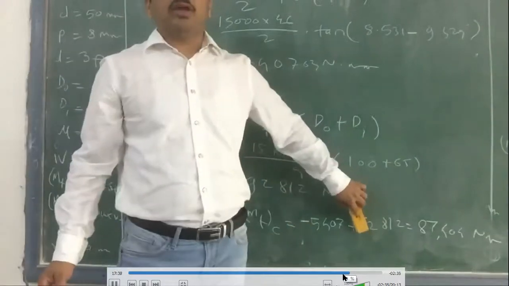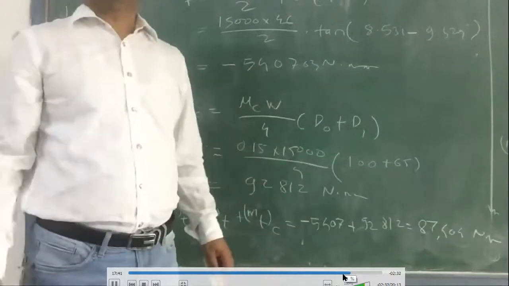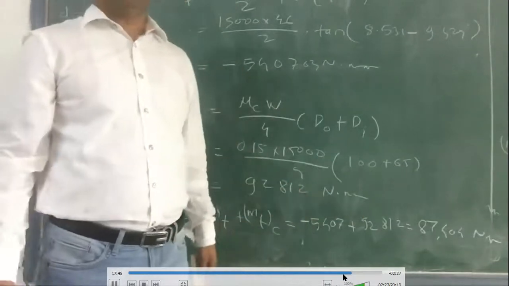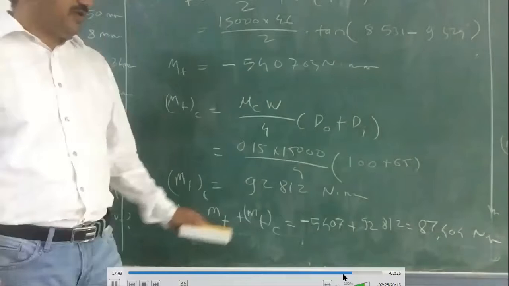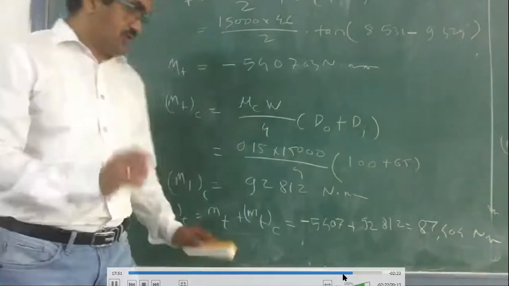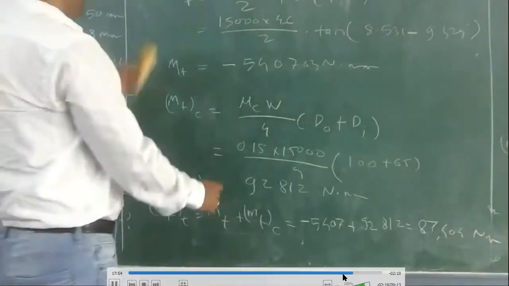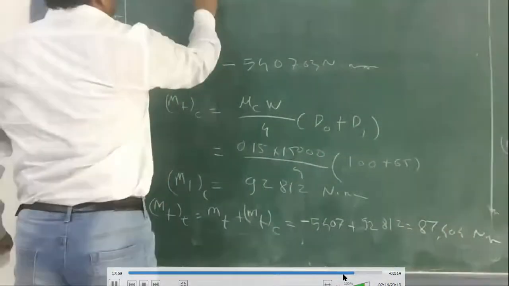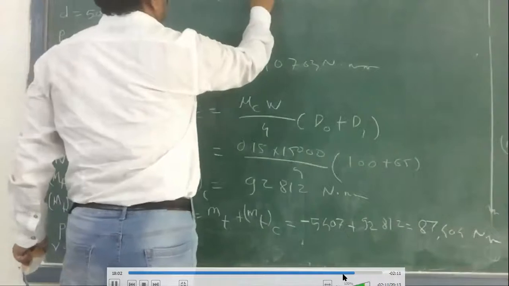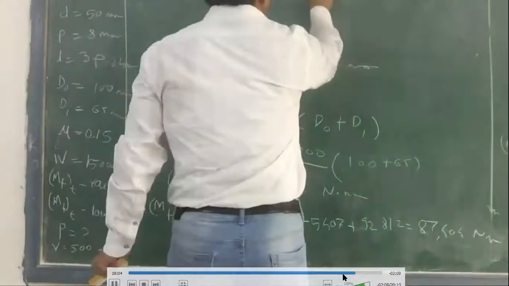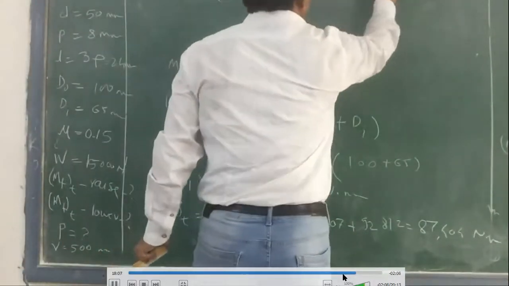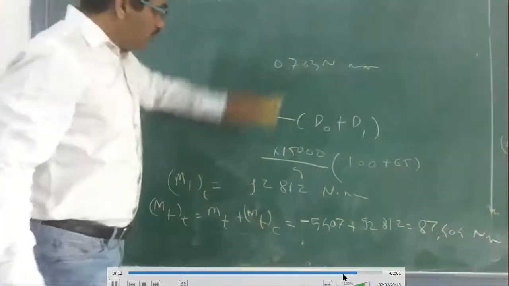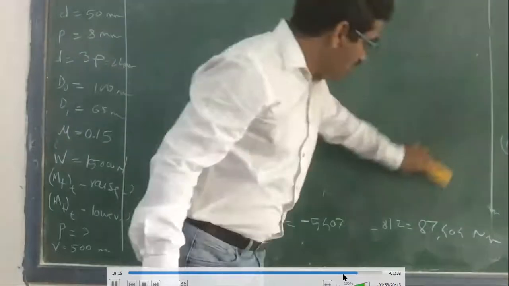So see, even though this torque or the effort required is negative, there is a torque required for collar friction. So if the collar friction torque required is more than the negative work required, your screw will be fine. It will not come down by itself. Even though it is not self-locking, it is okay. So this is the torque required now. The total torque required to lower the load is 87,404 Newton mm.